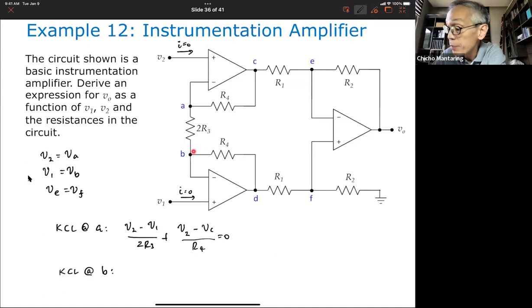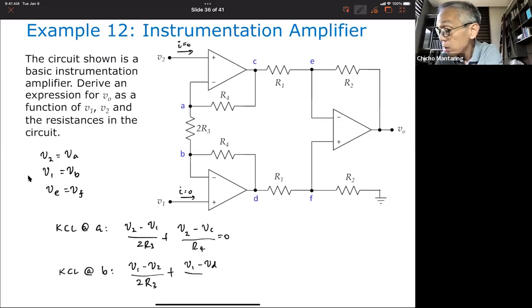No? If I do KCL at B, what is that? VB minus VA, but that is V1 minus V2, V1 minus V2 over 2R3, okay, plus V1 minus VD, okay, over R4 is equal to 0. And then if you look at this, this is actually the diff amp that we earlier derived an expression for. No? So actually, you don't need to impose this condition anymore because we already know the result. Well, you